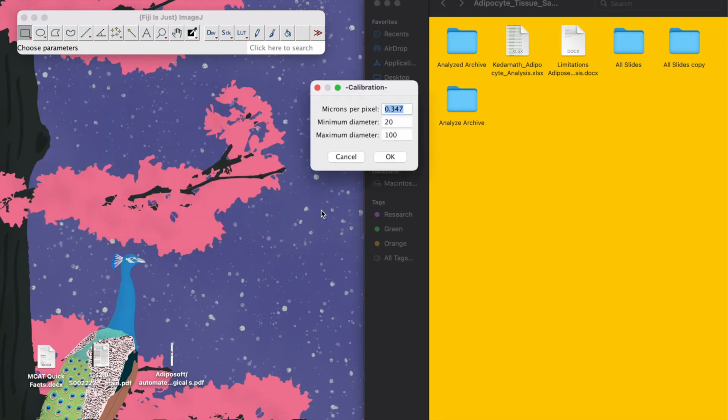We're going to click OK. Microns per pixel, for our image it's a 1:1 ratio, so we'll do that. 15:300. You can change these values to fit your image. So we'll click OK,